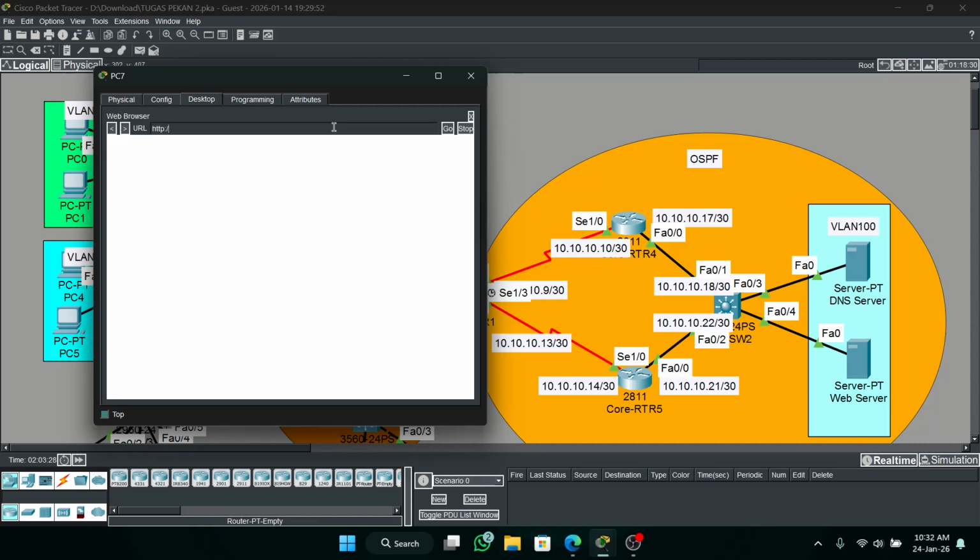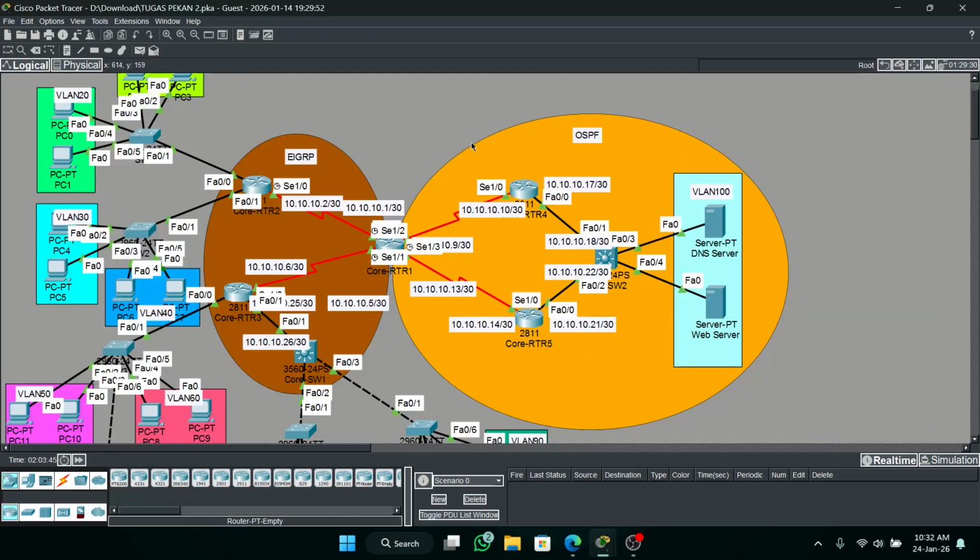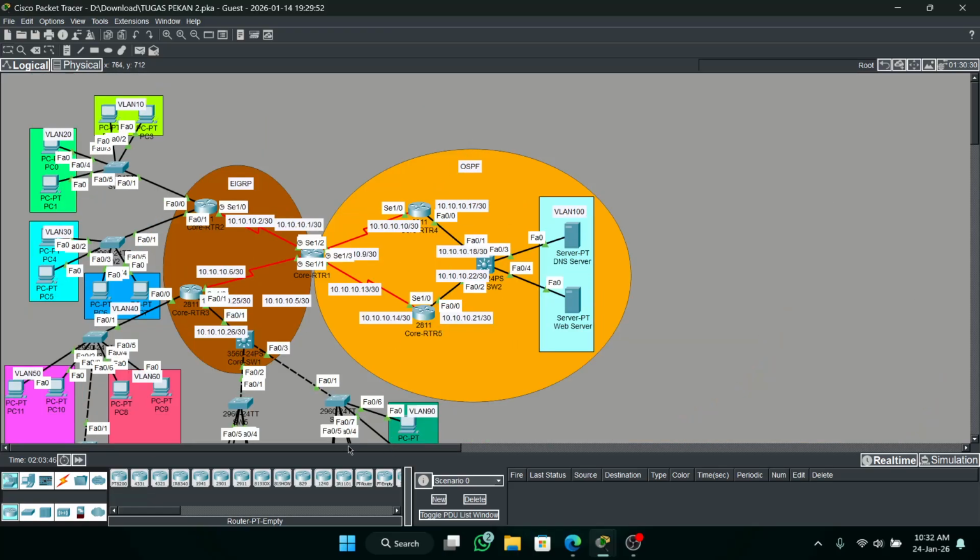HTTP Aguna course.com. Okay, as you can see, there is nothing here, but if you change to HTTPS and go, the Aguna course will show here. Okay, maybe that's all for this video.